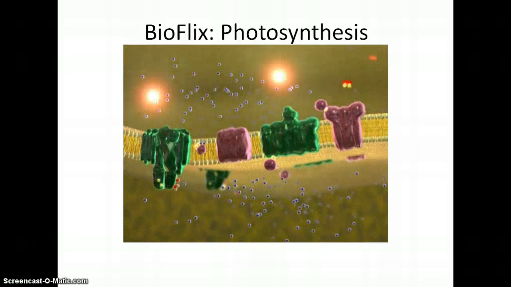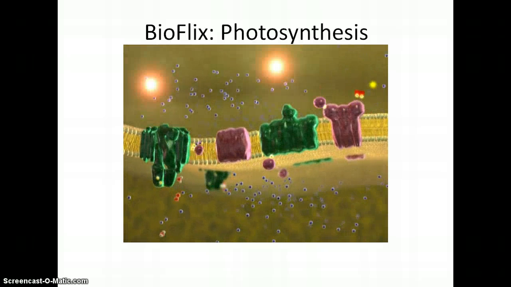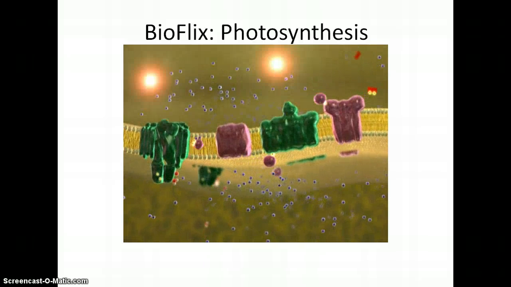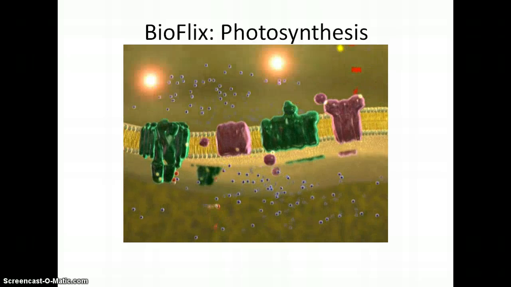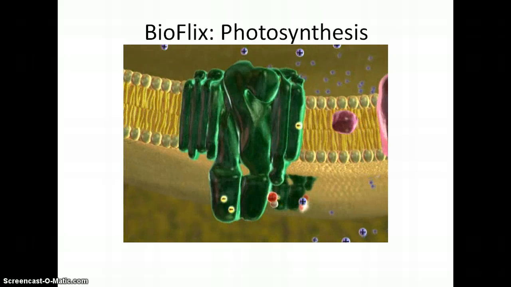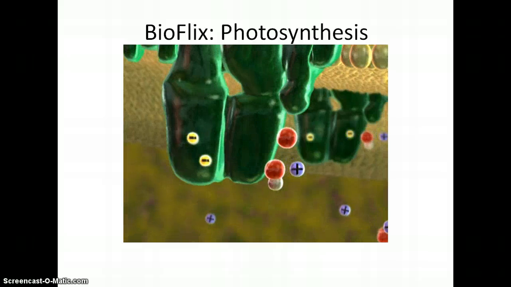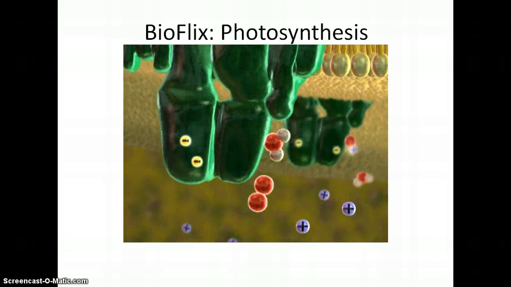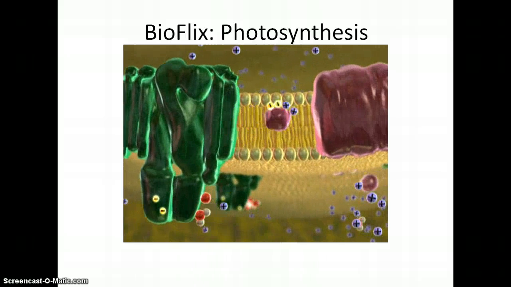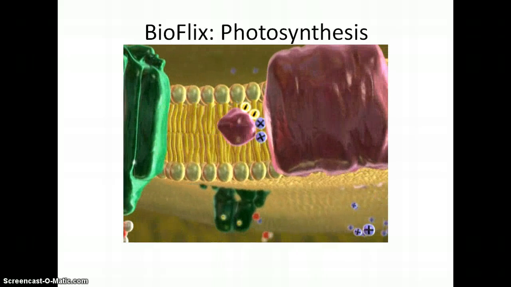Notice the small mobile electron carrier. Electrons flow down the electron transport chain, releasing energy that is used to pump hydrogen ions, the blue balls, into